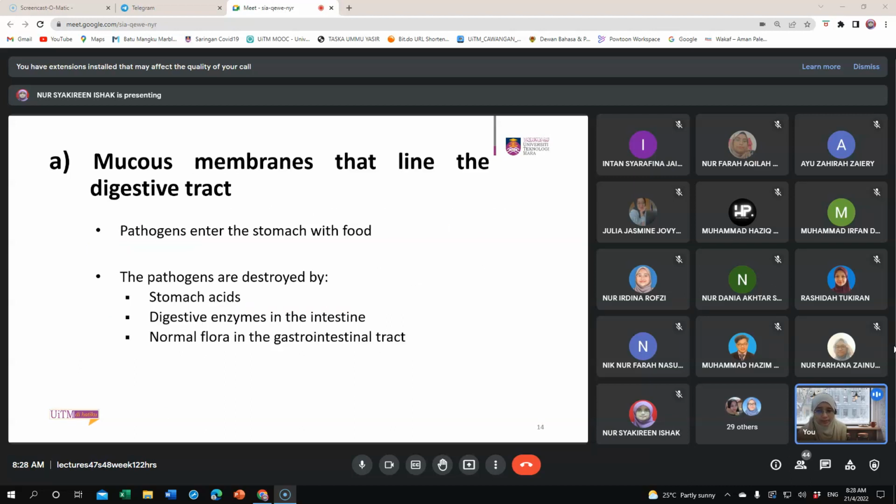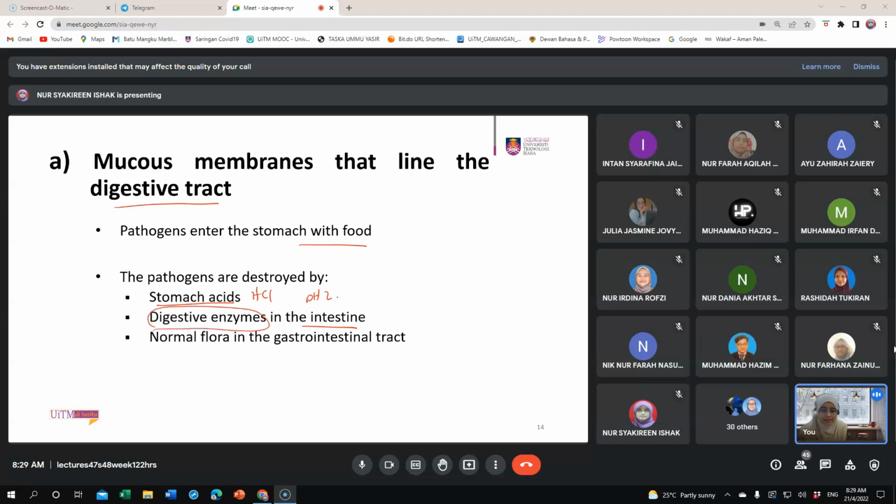For example, let's look at the mucous membrane that lines the digestive tract. Pathogens enter the stomach with the food that you eat. The food is exposed to pathogens, for example if it is not clean, and then the pathogens are destroyed by the stomach acid. The HCl, hydrochloric acid in the stomach, gives an acidic environment of pH 2, for example, and then digestive enzymes in the intestine. So the pathogen in the stomach, along with the food that you eat, will be digested by pepsin and the stomach acid, and after that it becomes food that enters into the intestine and encounters